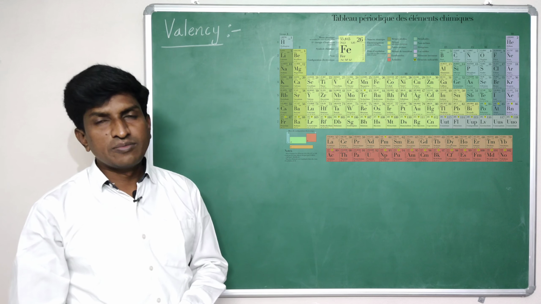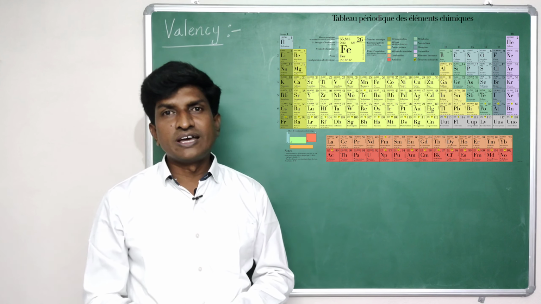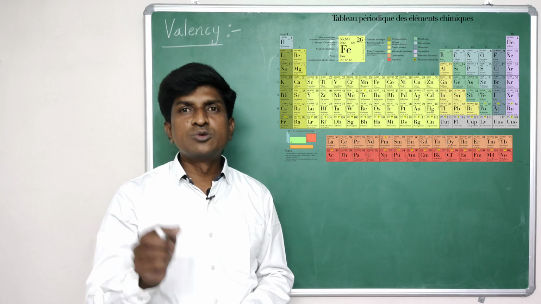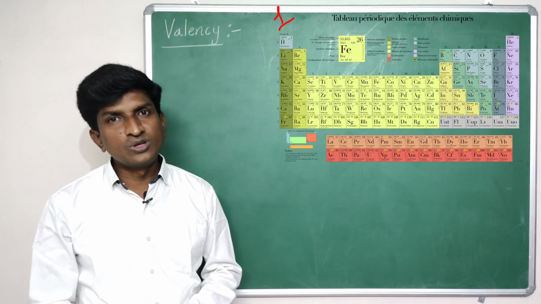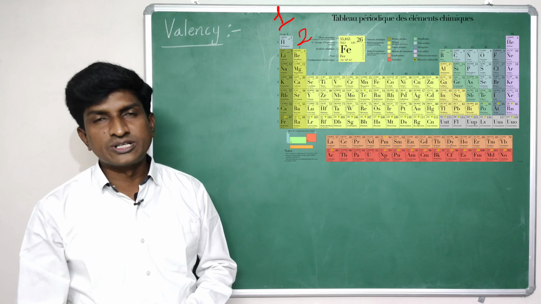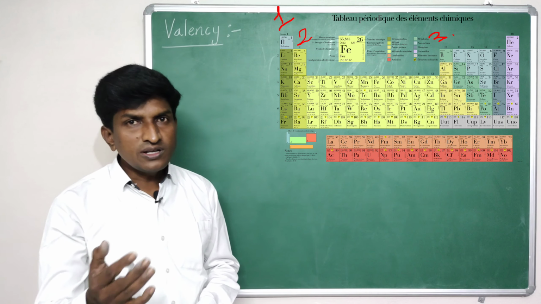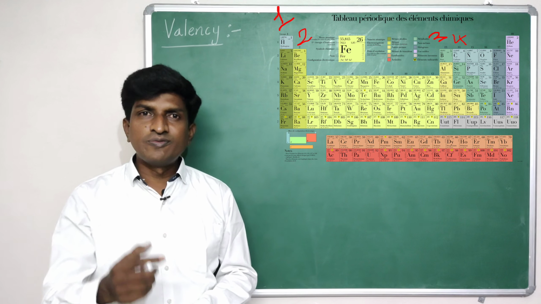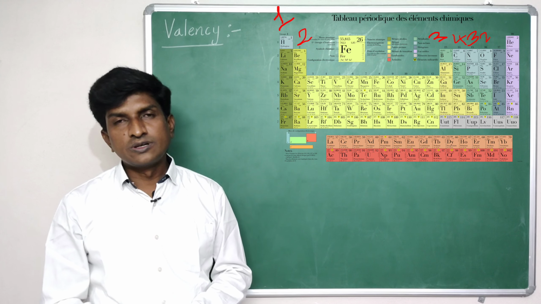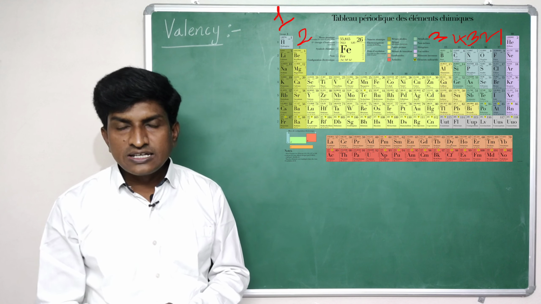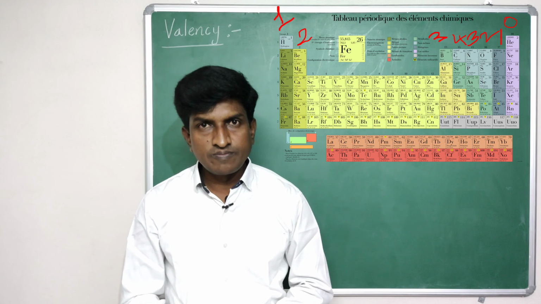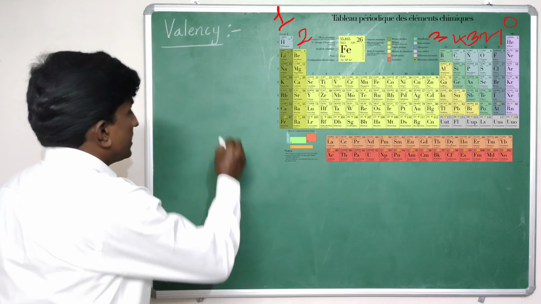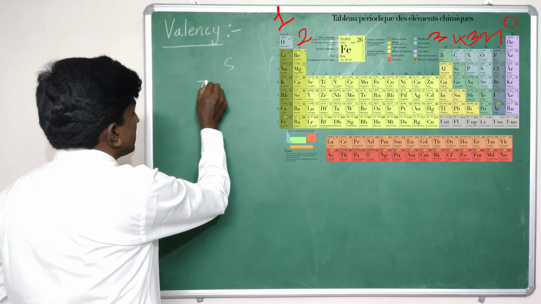In the modern periodic table, the valency of an element is equal to its group number up to the 4th A group in old notation. And after 4th A, from 5th A to 8th A groups, their valency is the subtraction of the group number from 8. For example, we know that S block elements 1A,